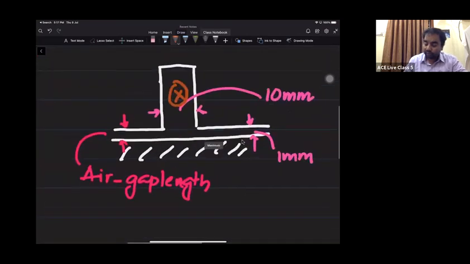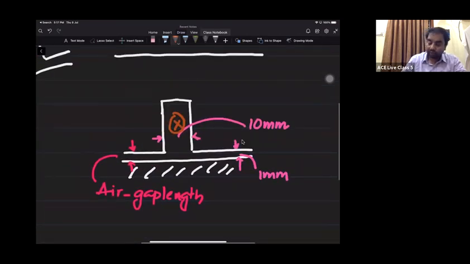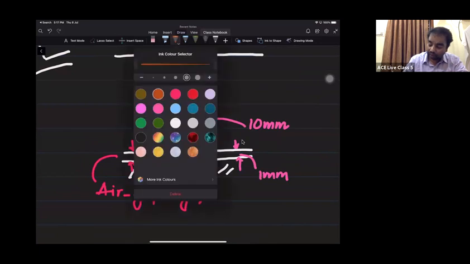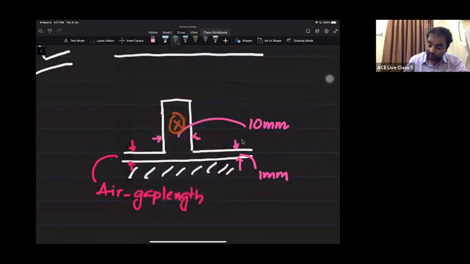Now let me consider one flux line. Somewhere it has started here, and it is approaching the air gap. So this is the air gap. As it is approaching the air gap, in order to complete the closed path like this,